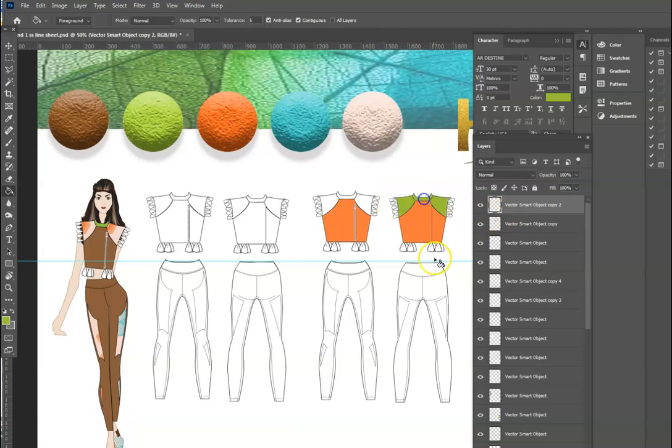Here. And then here. And then if you wanted to use lapel, actually let me select